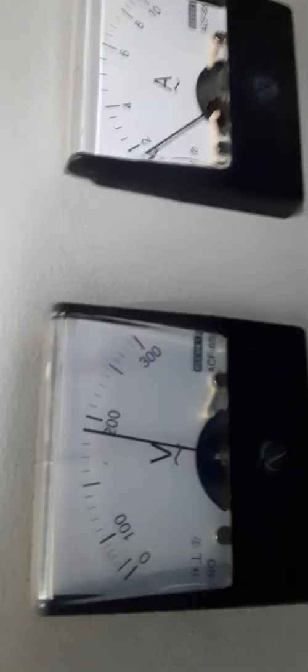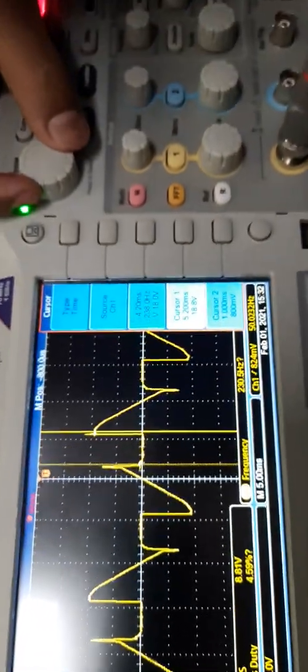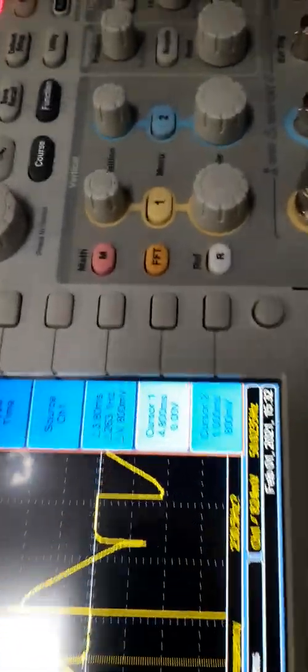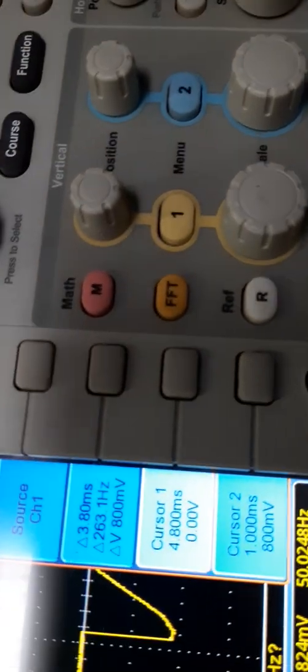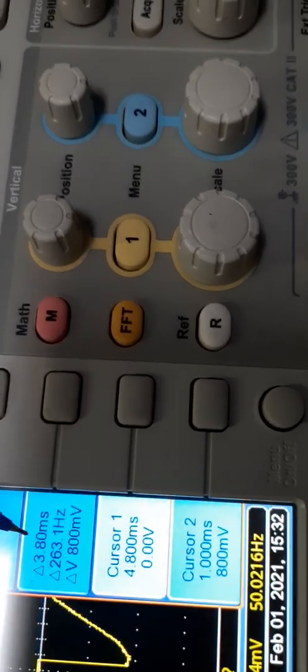So it will come to be 5800 rpm. Volt is 190 volt. The volt has become 190, so 190 volt. And the time off, so let us freeze it. Now we see, let us adjust the cursor to this point, and we see the off time has become 3.8 millisecond. 3.8 millisecond you can see here.